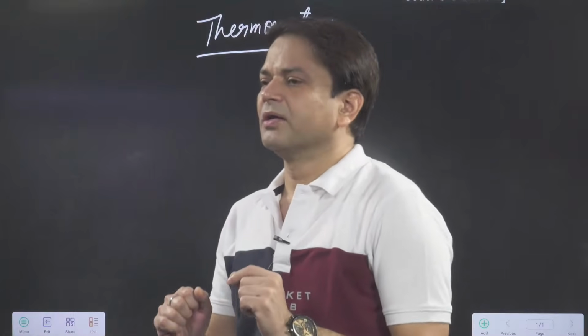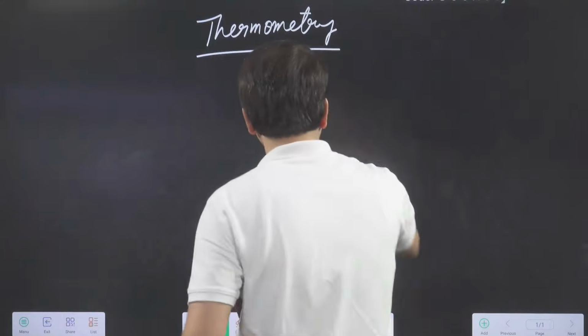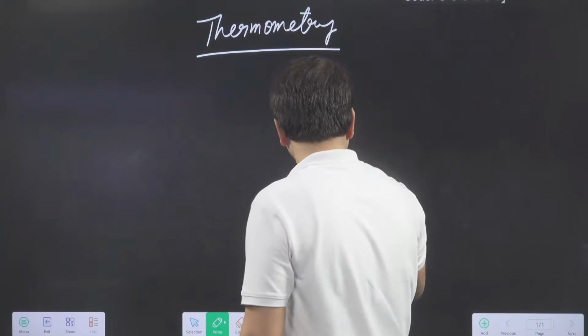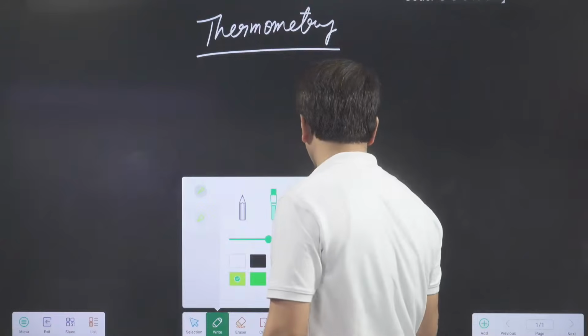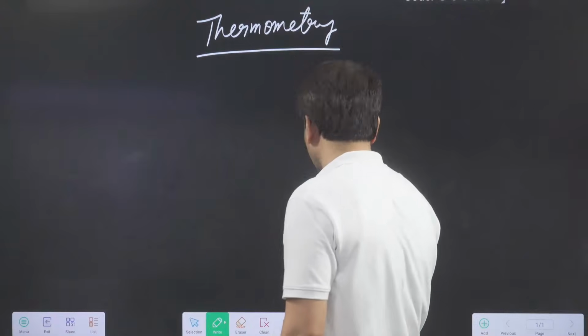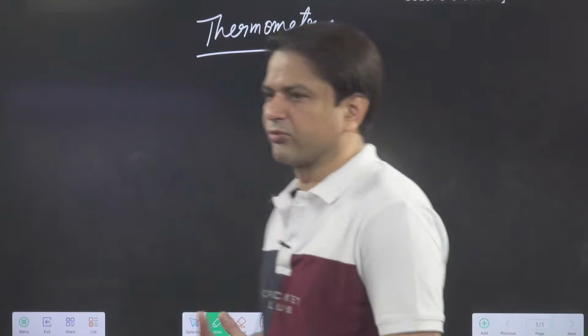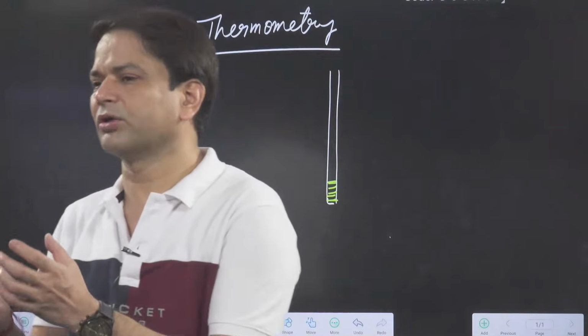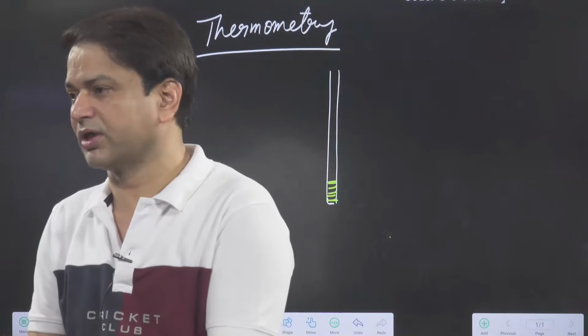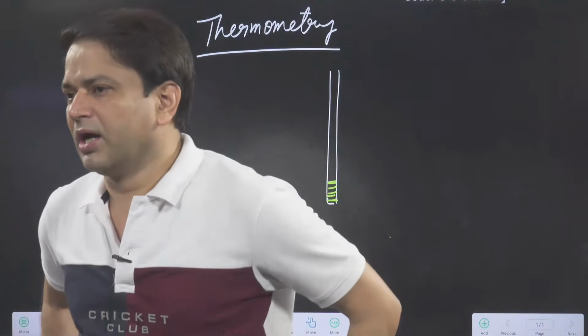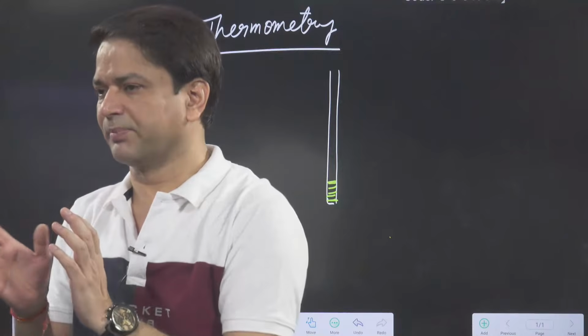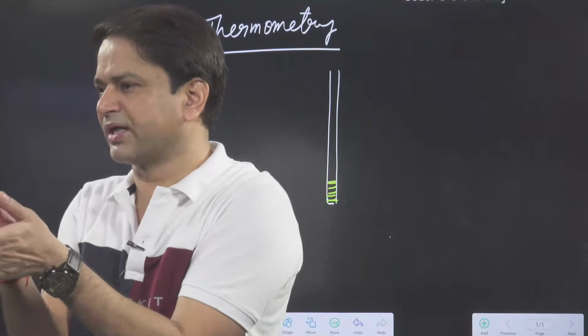Suppose we want to make a mercury thermometer. Suppose you take one thin glass tube, and in that thin glass tube I took mercury. Now in that glass tube, mercury is in the liquid state, so it works on the principle of thermal expansion of the liquid. Now, as I said, we will take the two reference temperatures. So this glass tube, in which mercury is there,